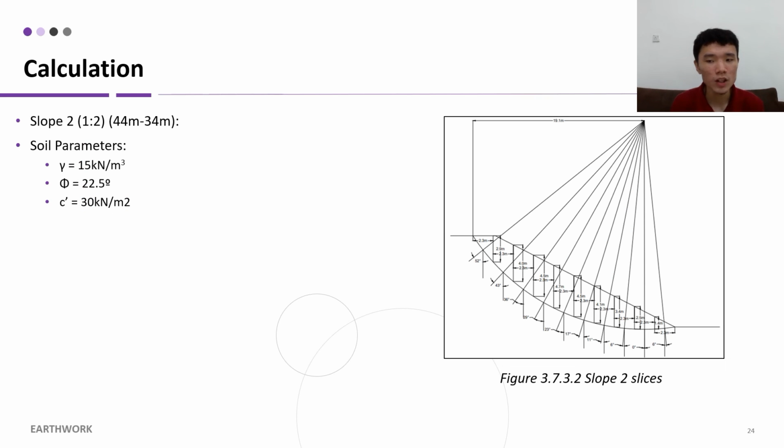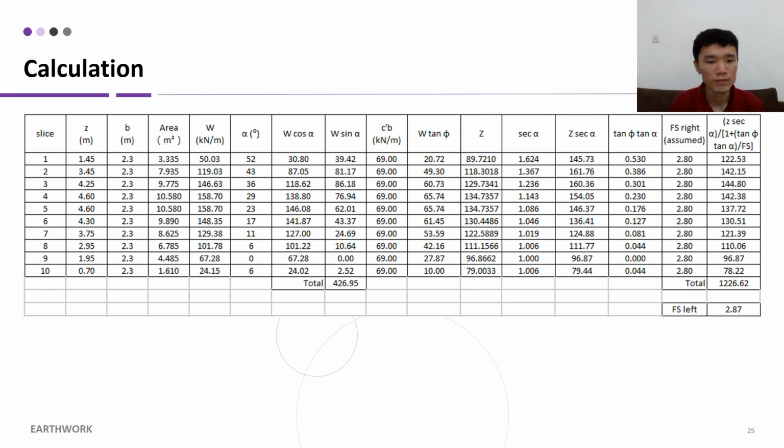For slope 2, the slope ratio is 1 to 2 and the height difference is 10 meter, from 44 meter to 34 meter. The soil parameters are shown below. The factor of safety obtained for slope 2 is 2.87, which is higher than 2, is considered as acceptable range